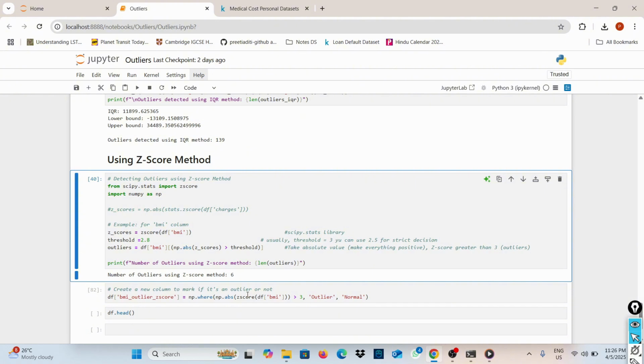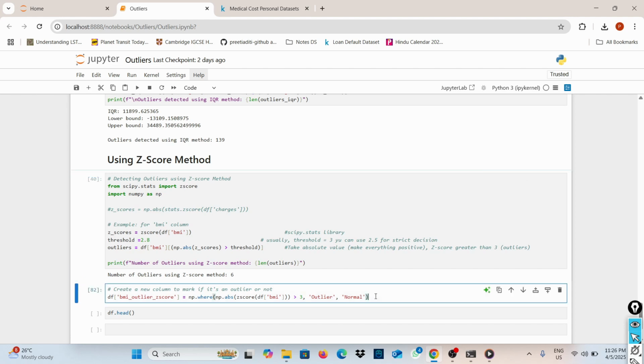Why do we do that? Because it will make it easier to analyze and filter the data later in the modeling part. Especially if you want to treat the outliers differently in your data set, you can do this beforehand. So I'm doing it for the column BMI.